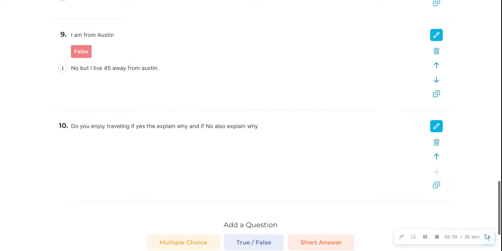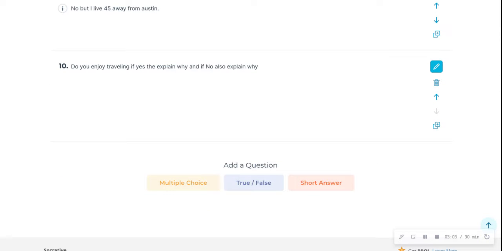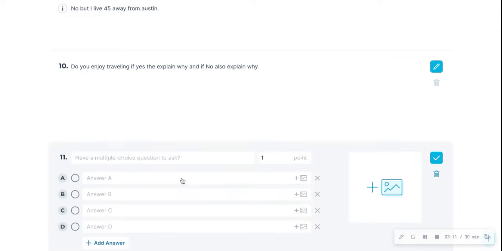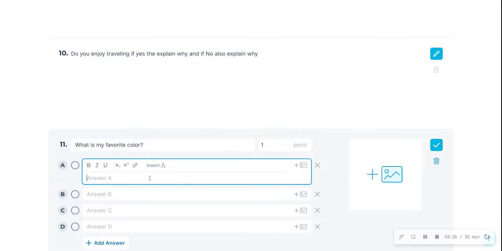And then also, you can do all multiple choice, you can do all true and false, and you could do all short answer. I just chose to mix it up today, but I'm going to show y'all how to use that. So on this one, I'm just going to put, what is my favorite color. And then I'm going to put on the answer blue,